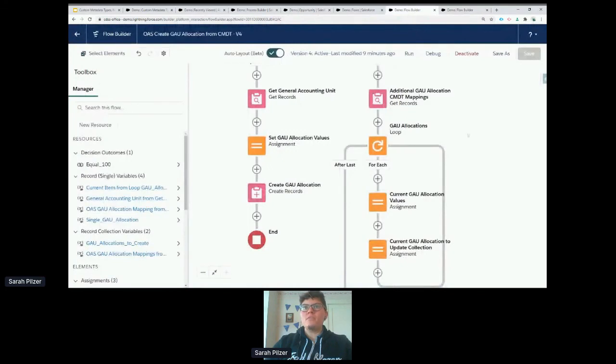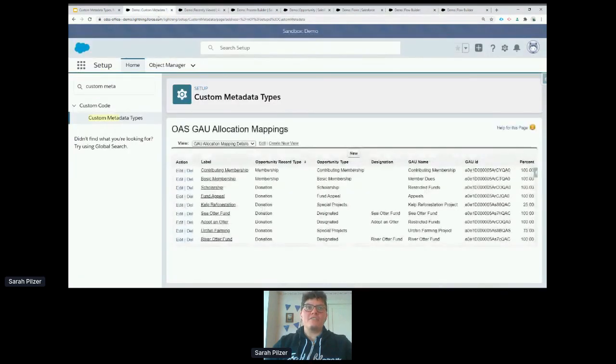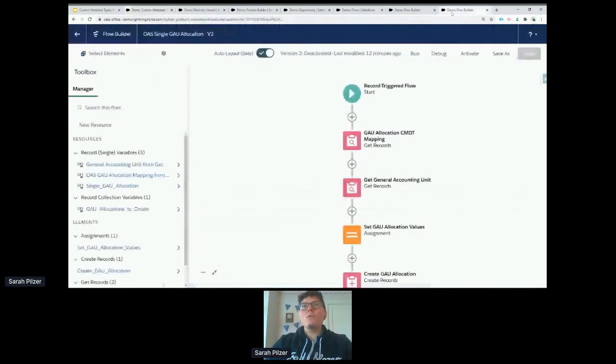Let's see, we want this one. So what's really going on here is, once we get to the point where we know we have more than one custom metadata type mapping, and this is a little particular because it all relies on the fact that the percentages are set here in the custom metadata type, where I'm specifying this is less than 100. So presumably that means you want another type that matches that. You wouldn't necessarily have to have them be the same opportunity record type, but once we know that,